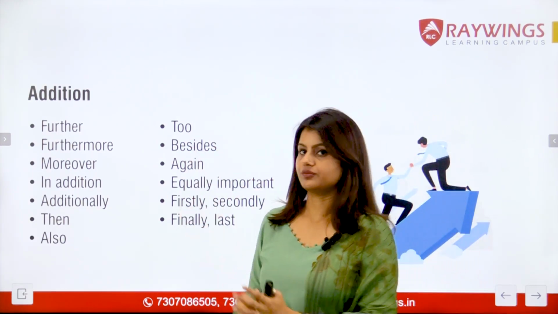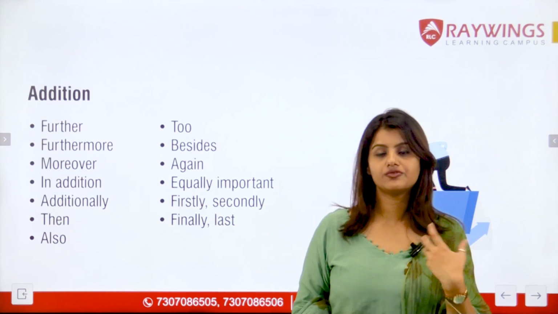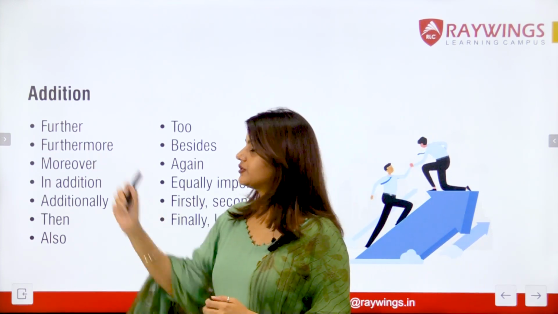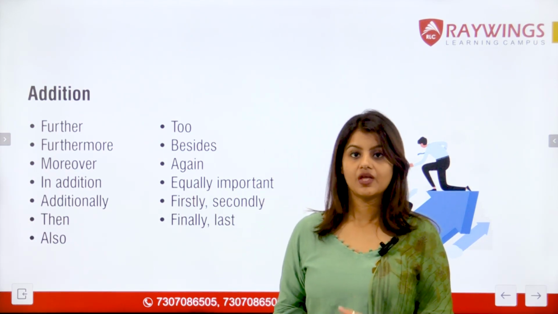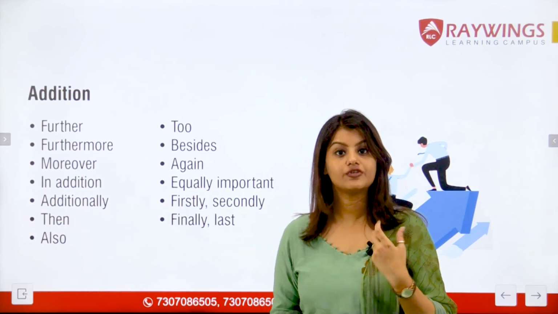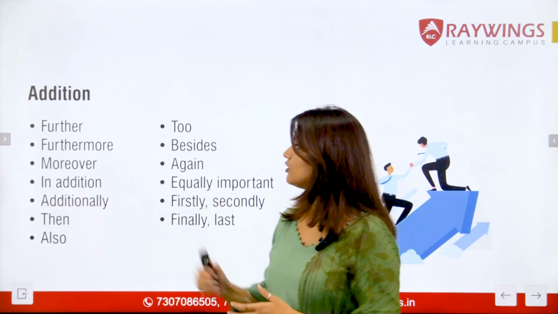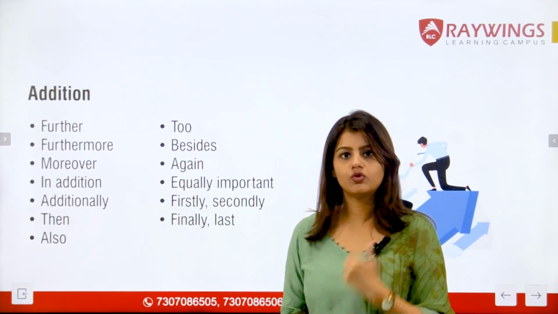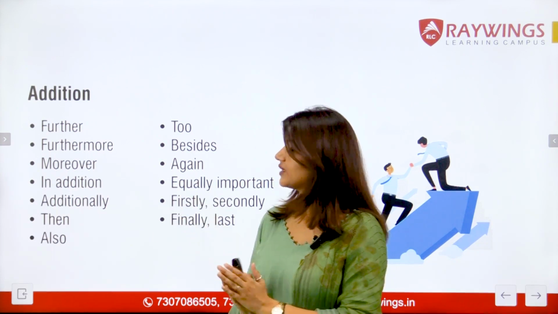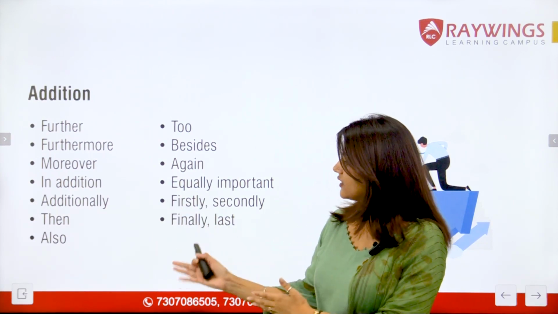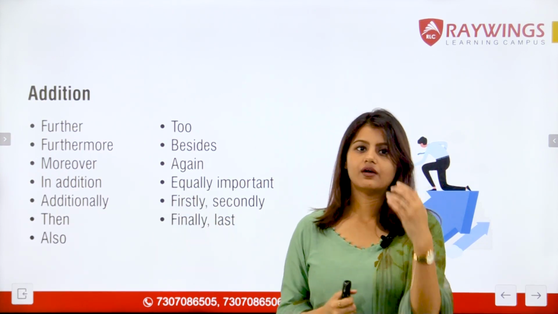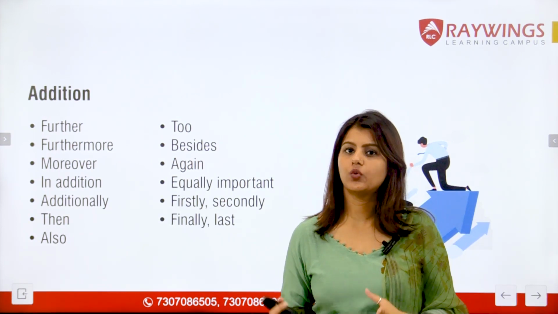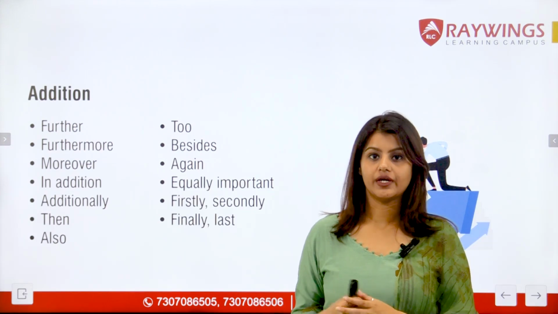So, for addition, if you want to add something to the first sentence, so what are the words that you can use? First can be further, furthermore. So further add कर सकते हैं हम, furthermore add कर सकते हैं. Then moreover. Again, if you want to add something, you can use moreover. Then in addition, additionally. Then also, like for example, if you're saying that I am going for the dinner tonight,